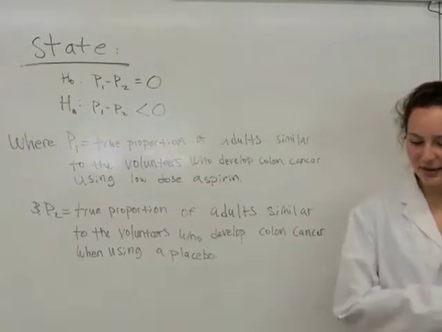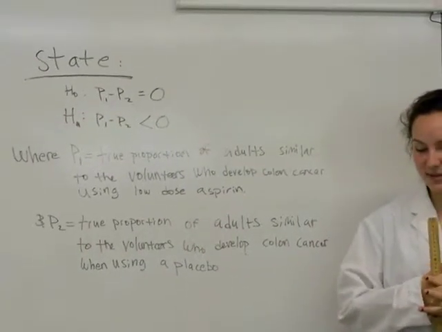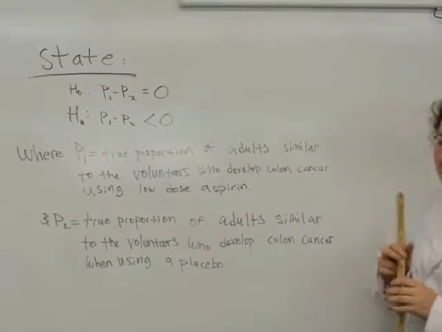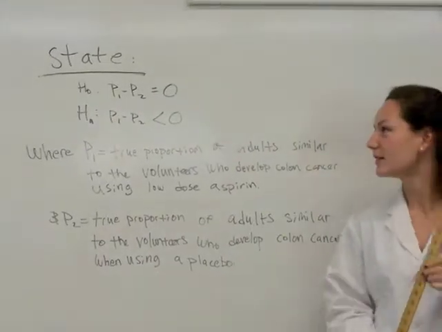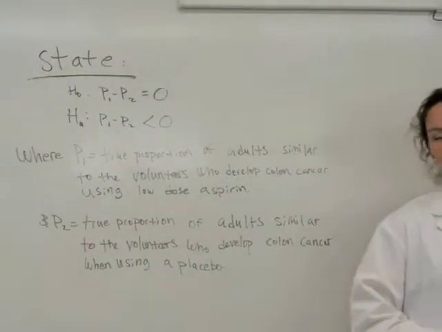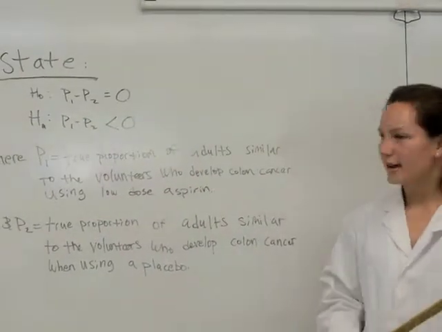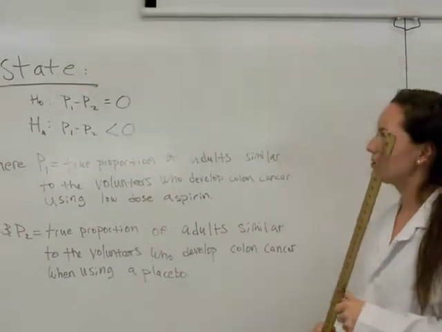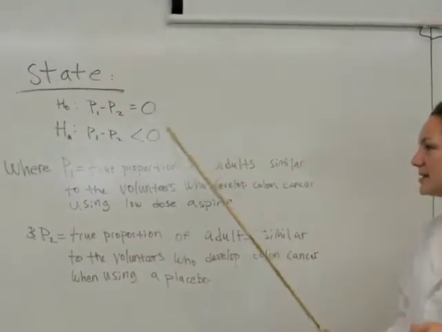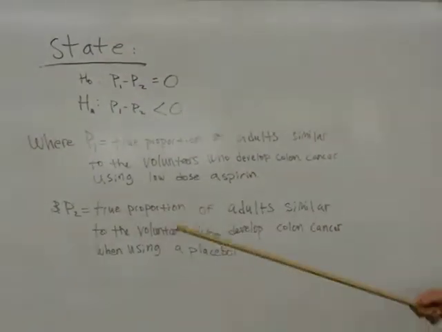Alright, so the 2015 AP Stats Free Response question number 4 was an inference test question. To begin, you start with the first component, which is the state portion of the question. In this part of the response, you need to include the null hypothesis, the alternative hypothesis, and then define what